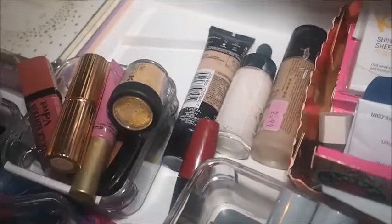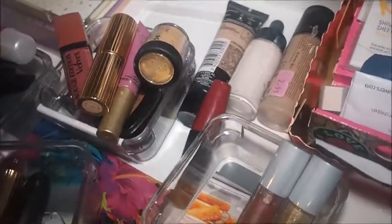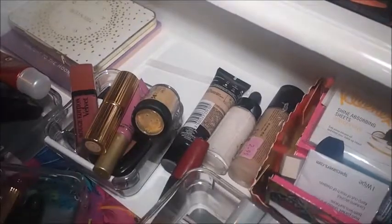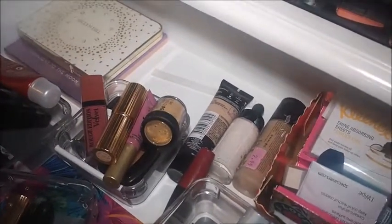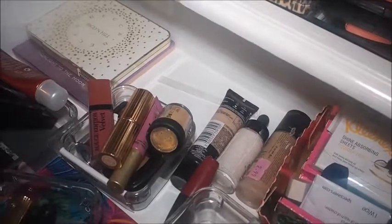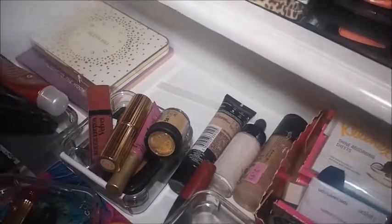And now guys, that is absolutely everything that I'm going to be using in the next 2 weeks. You'll probably see that I give you my thoughts and opinions on a lot of things, basically what I'm thinking, what I'm wearing. Right,